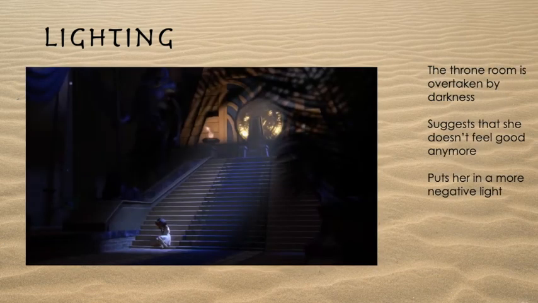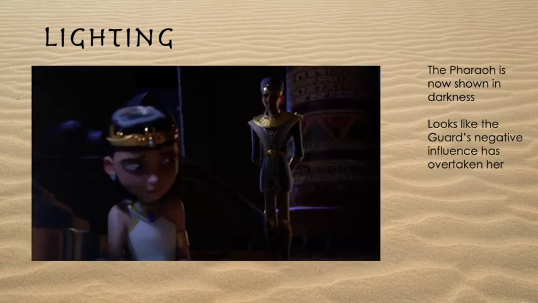After listening to the advice of the guard, the throne room is overtaken by darkness, and this suggests that the Pharaoh doesn't feel good anymore. It puts her in a more negative light. We can now see the Pharaoh shown in darkness, and it looks like the guard's negative influence has overtaken her. This reinforces the idea that we shouldn't let other people control us, because while she seemed happier and good at the beginning, after listening to someone else and letting herself be influenced, now she's shown in a much more negative